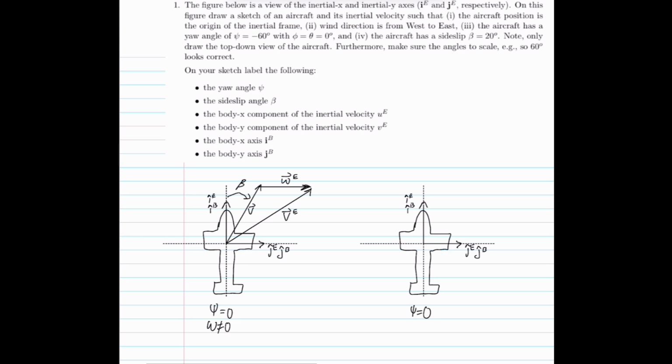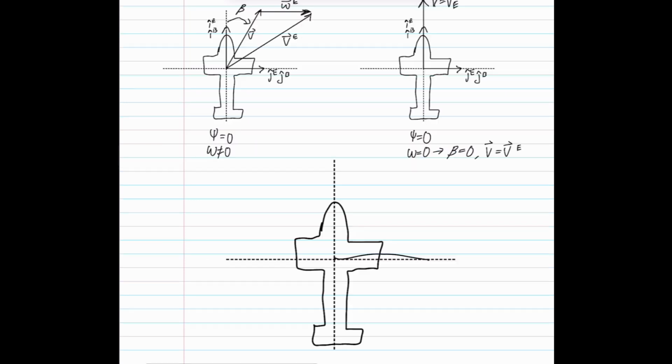And in this coordinate frame, we've got psi equal to 0 again, so there's no rotation about the z-axis, and we do not have wind. So beta equals 0, and the air relative velocity is equal to the inertial velocity. And that inertial velocity can be expressed in any frame. It can be expressed in the body frame, the inertial frame, but the key idea is that when there's no wind, they're the same vector,